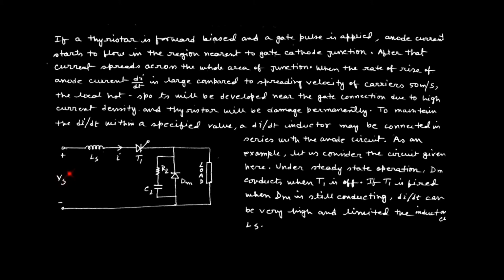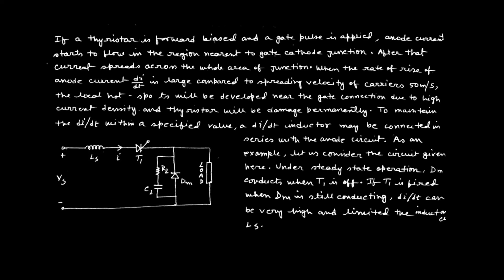Suppose, due to the presence of voltage source Vs, under any circumstances the rate of change of anode current, that is di/dt, is high enough compared to the normal spreading velocity of 50 meters per second inside the layers. Then the device can be damaged permanently due to overheating across the junction. So to protect it, we try to limit the current. That means we choose a component which can oppose this rate of change of current, and that is well defined by an inductor or reactor.